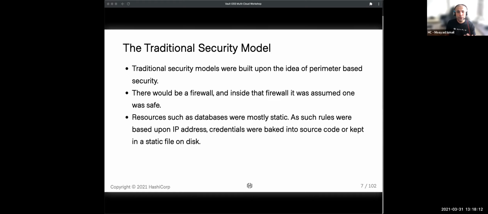Now, these are based on static IP addresses, typically, and static infrastructure. Once you allocate an IP address to a resource, it rarely changes. And if it does, it results in configuration changes on the firewall, which could take quite a bit of time. So why is this a challenge today?